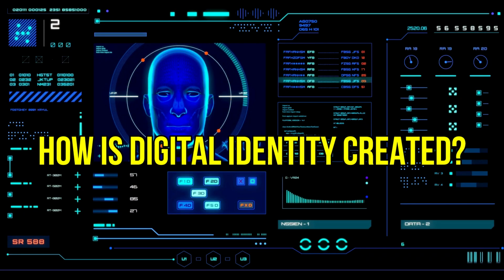Biometrics, behavioral, and biographic are the modalities that make up a person's identity. How is digital identity created? In one example, users sign up to a self-sovereign identity and data platform to create and register a DID. During this process, the user creates a pair of private and public keys.